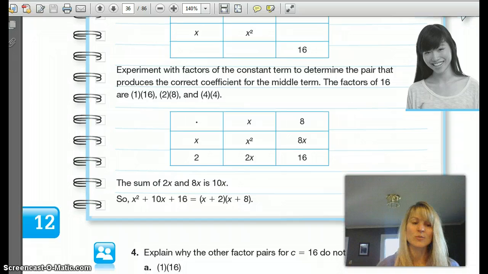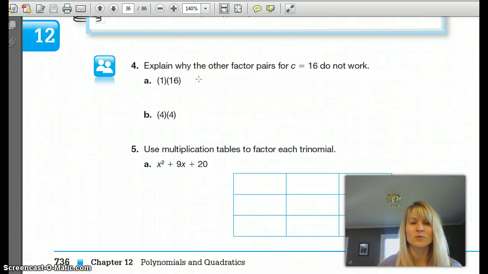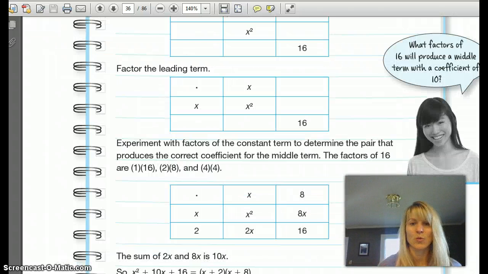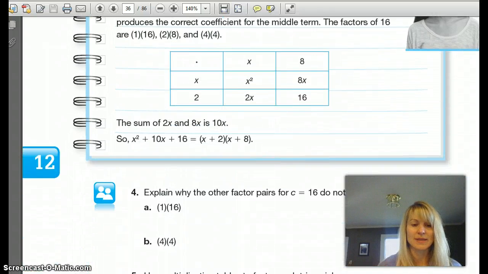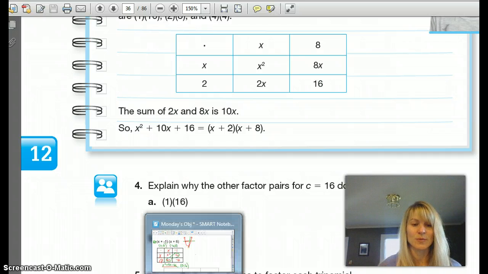So down in our textbook down here, we want to answer 4 and 5 together. It says, why don't these factors, these multiply to 16 too? Why could we not have used those up here? So if we look at that, those factors here, 2 and 8, had to add to the 10x. So our reasoning would be